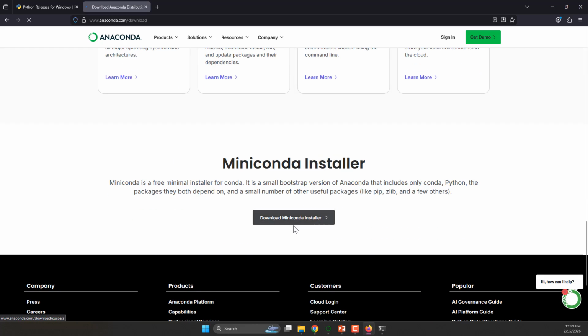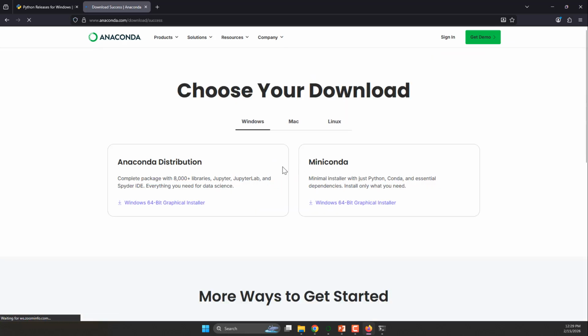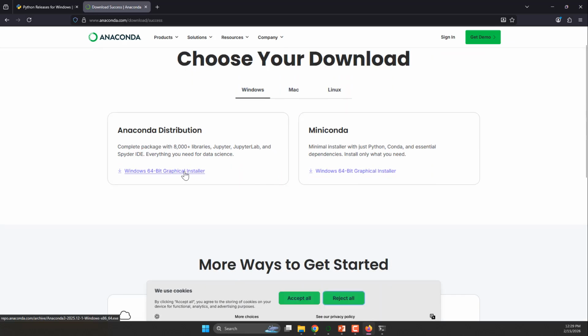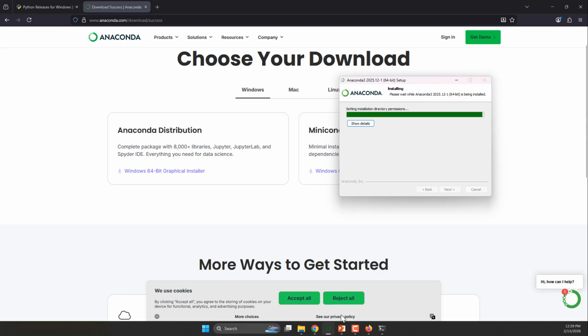Let's proceed with the Miniconda installer. Just click this, and we can find here the Anaconda distribution. I actually use this one for installation, and there you go. I am installing the Anaconda Navigator as of now.